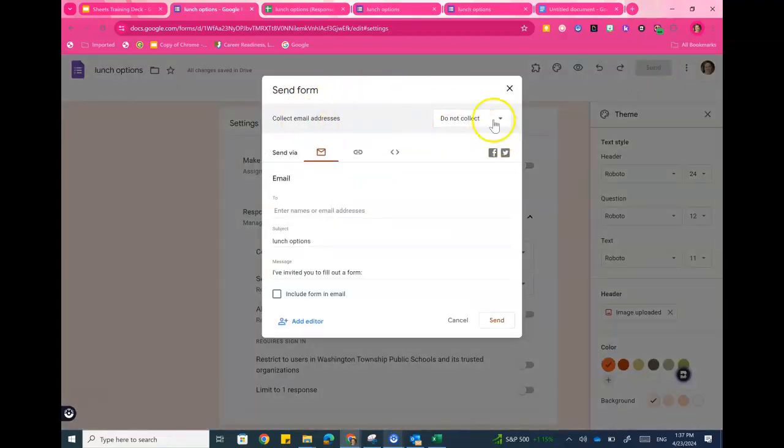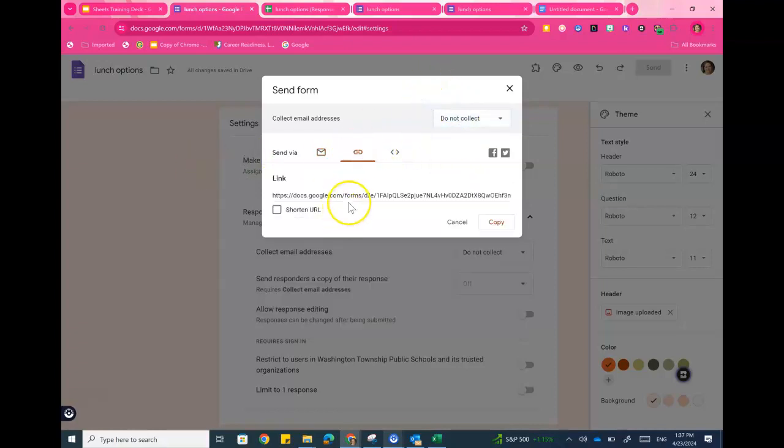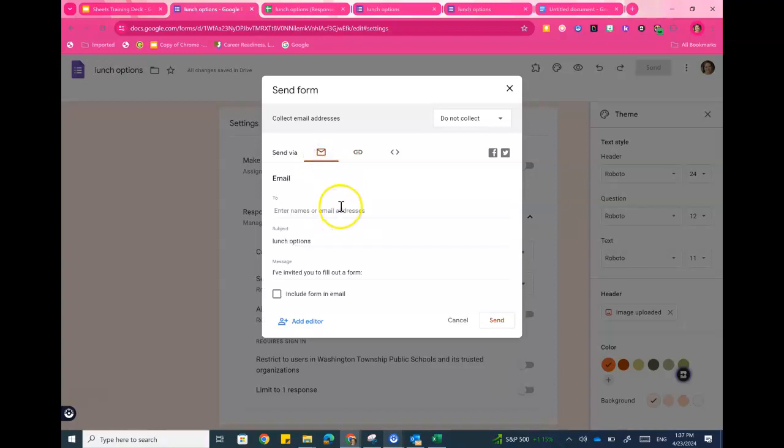You're going to double check how you want to handle email addresses if it's going to parents. You want to make sure you're not on verified if parents are involved. So you're going to choose either do not collect or responder input. And then you can get this link. This link can go into emails, it can go into Schoology or any other shareable area. Or if you have a list of people you want to send it to, you can paste that list here